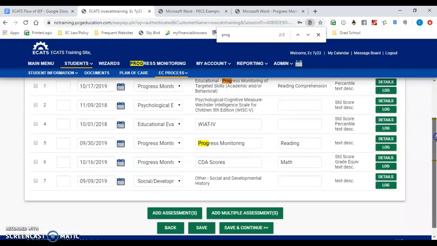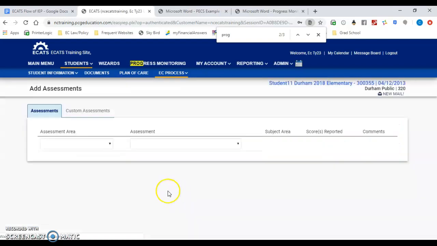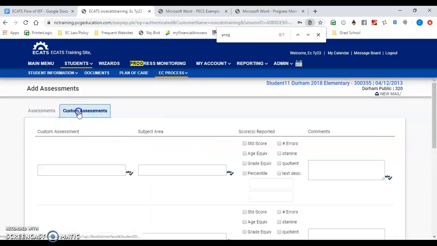So that is how you add assessments. If you are doing progress monitoring, you do want to make sure that you add it to this screen, because on your next screen you will organize all of this information. So classroom-based assessments, quizzes, tests, all of that you want to add that here. If you're adding quizzes and tests, add assessments, custom assessments, ELA,